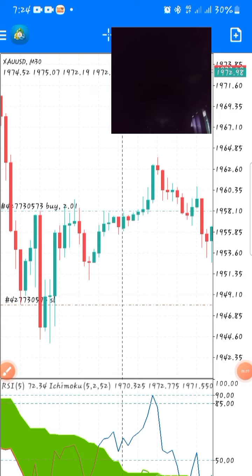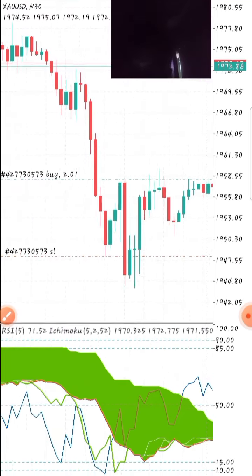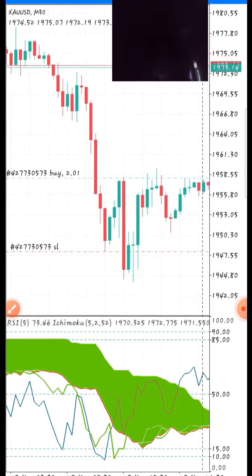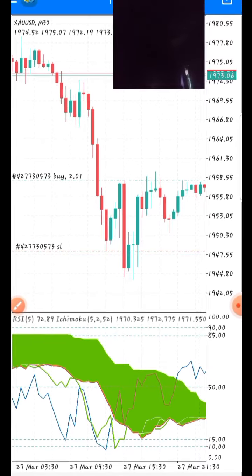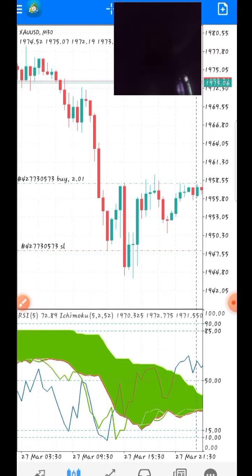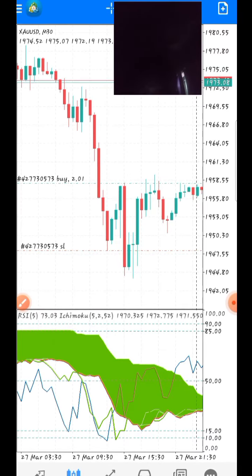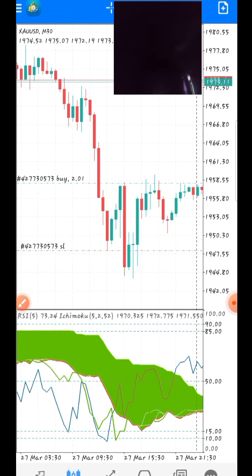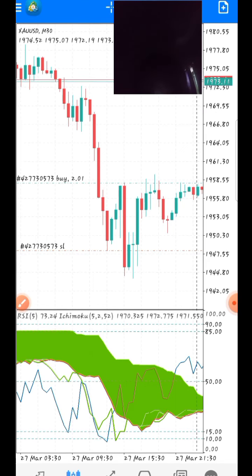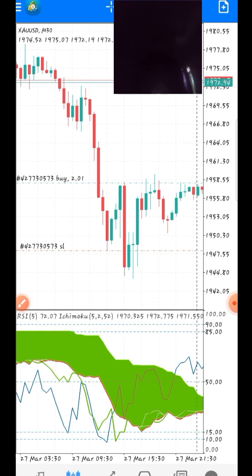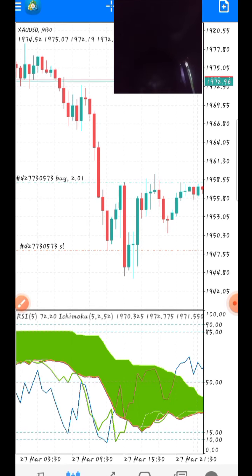So over here is the gold. You can see at the top left corner of the screen I'm using a 30 minutes time frame to trade this gold, and this is the point where I took my entry, still using the same strategies as in the previous video. Here I'm using Ichimoku and RSI. You can see that at level 10 and 15, the oversold level of the RSI,